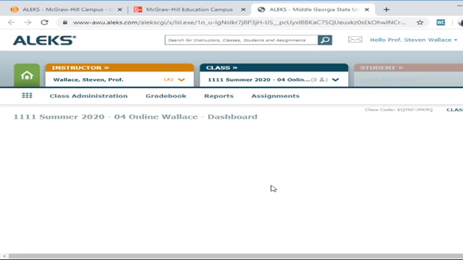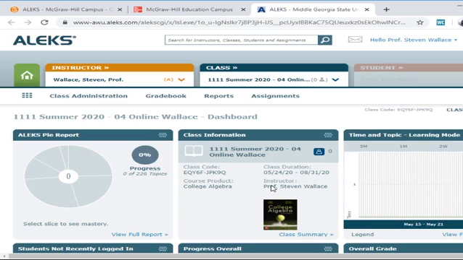And after the drop/add period, the cost for this service, essentially like your textbook, will be added to your Bursar account. I forget what the actual cost is, but it's less than a normal textbook would be.